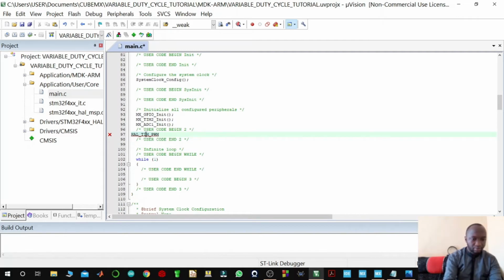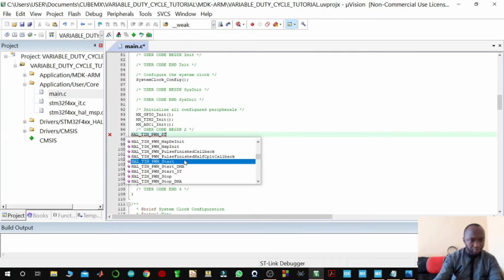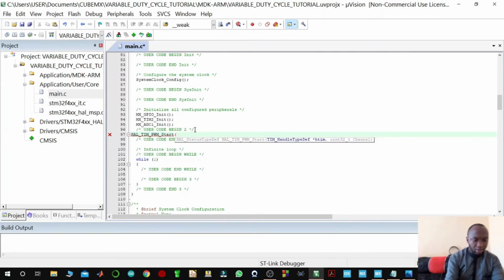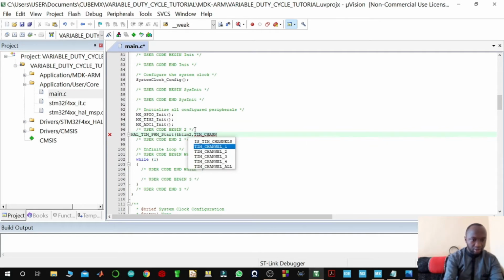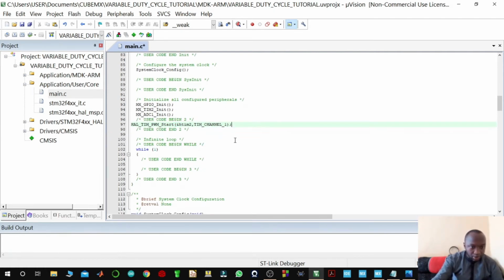PWM start, and I'm using timer 2, and I'm using channel 1 of timer 2. So then from there